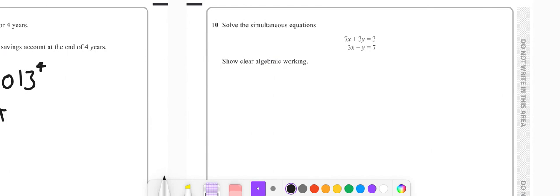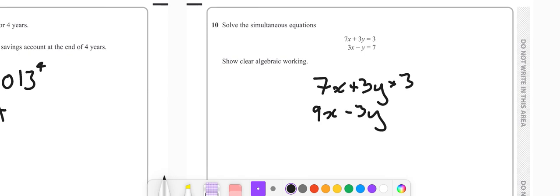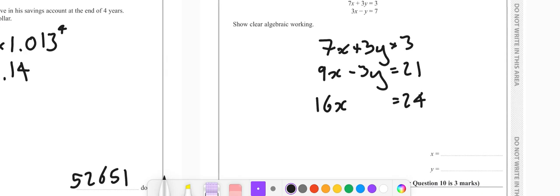Ooh, okay, I'm going to eliminate with these. I'm going to multiply the bottom one by 3. So I get top one stays the same. Bottom one multiplied by 3, I get 9x minus 3y equals 21. I can then add these equations together and that eliminates the y's. So I get 16x equals 24. So x is 24 over 16,